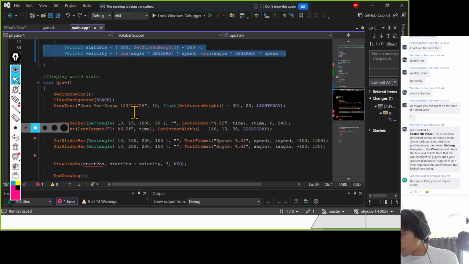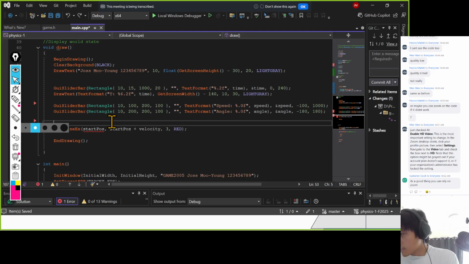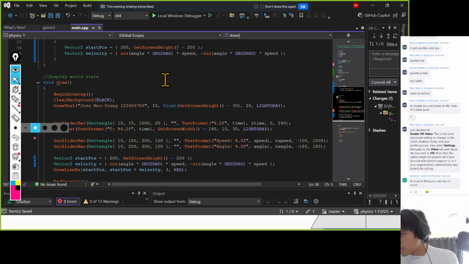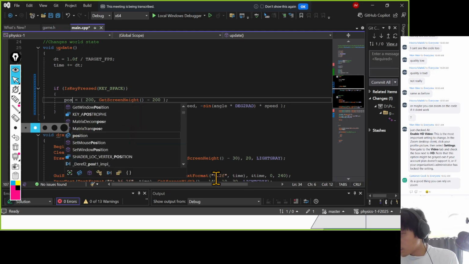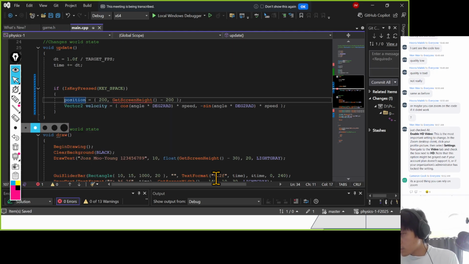Actually, I'm gonna use both. Hang on. I'm gonna have it in both places. So when I do press space, I'm gonna say position equals